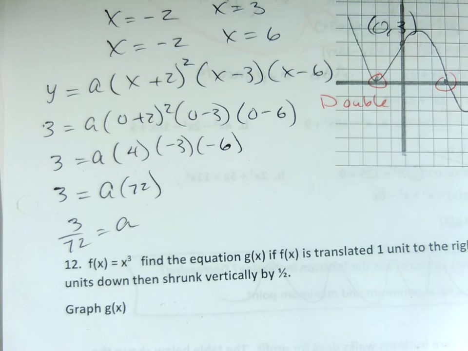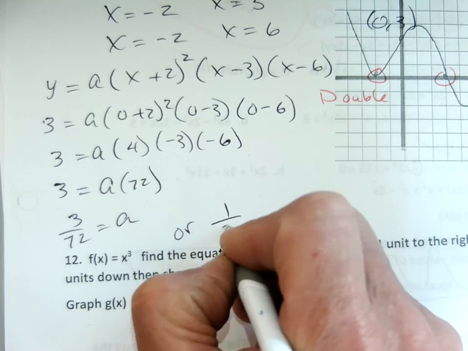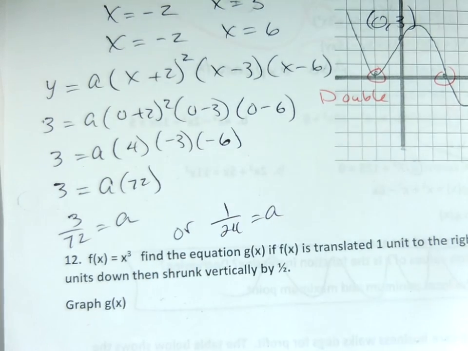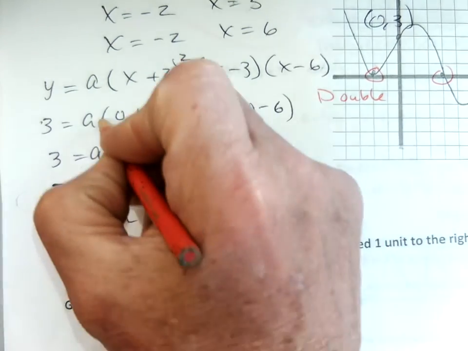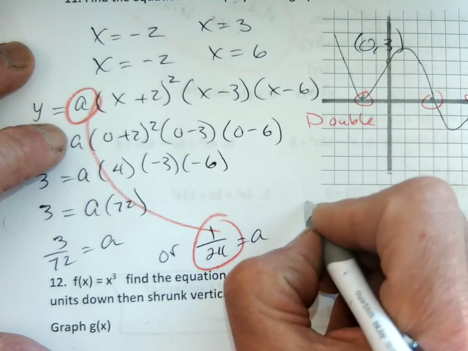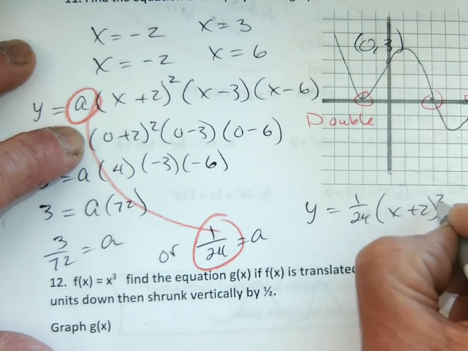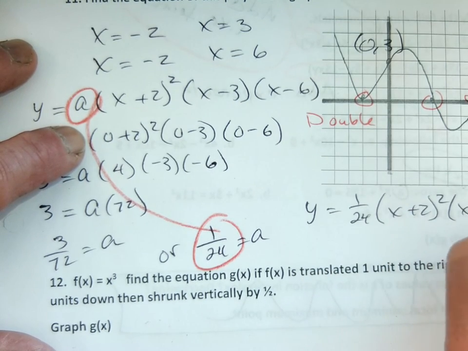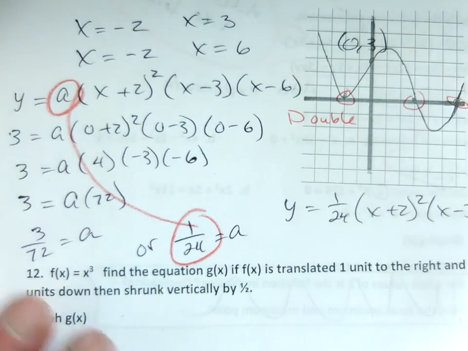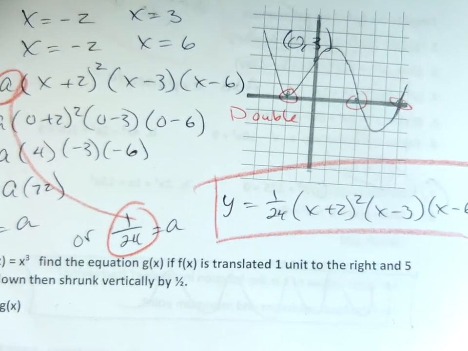3 over 72 is okay, but I think it reduces. Is it 24? 1/24 is a. So my answer, I'm going to put it there. Madison, let me write the answer down and I'll come back to your question. y equals 1/24 times (x plus 2) quantity squared, times (x minus 3), times (x minus 6). Yes, Madison. Yeah, absolutely. I absolutely will accept